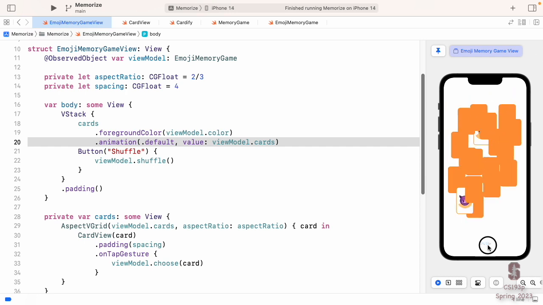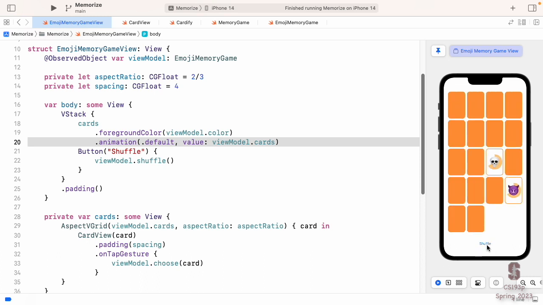You see, the cards don't get to their new position before I start shuffling them again, so they just start heading to the next new position. That's because I'm instantly changing the order, and it's instantly changing in my code, and the animation system is just trying to catch up as it desperately tries to do that.